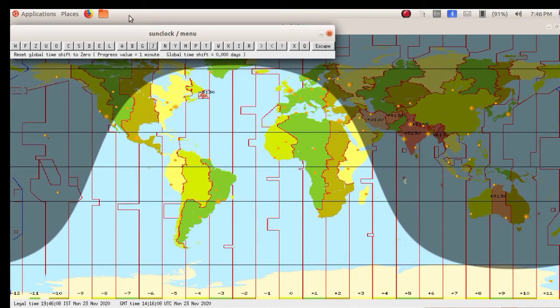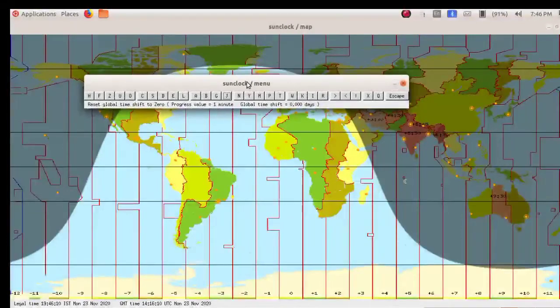Now we have to adjust the time to 21st March. How can we adjust the time? Yes, by using a menu in the menu bar. I will introduce the key, that is adjust progress value. For forwarding and backwarding the time and date we can make use of G, that is the adjust progress value tool.